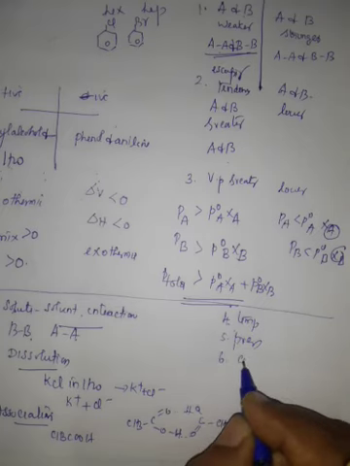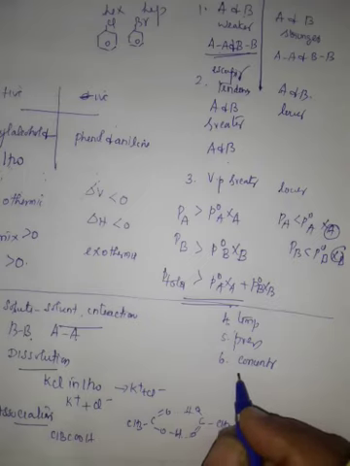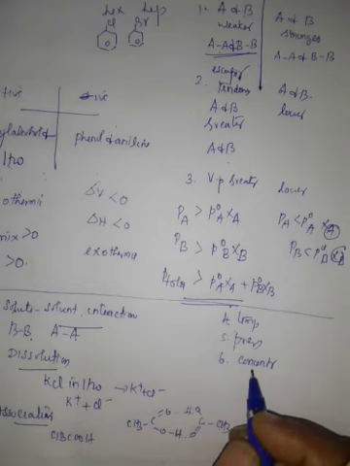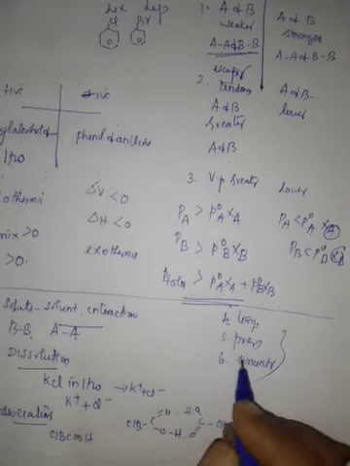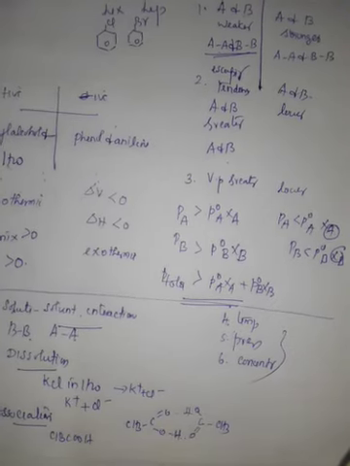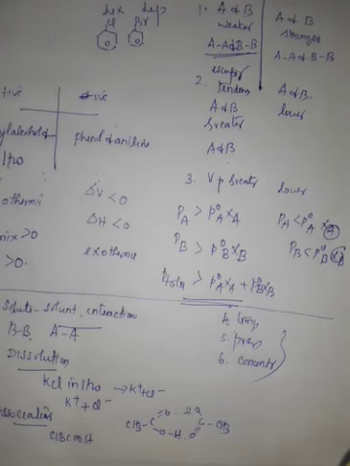Then 6th one, concentration. If the solution is dilute, there is no solute-solvent interaction because of the lesser number of solute molecules when compared to solvent. When the concentration is increased by adding solute, solute-solvent interaction becomes significant. This causes deviation. Everything is given clearly in the book, page numbers 45, 46, 47, 48 and 49.